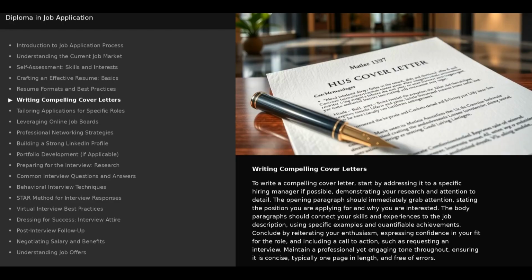To write a compelling cover letter, start by addressing it to a specific hiring manager if possible, demonstrating your research and attention to detail. The opening paragraph should immediately grab attention, stating the position you are applying for and why you are interested. The body paragraphs should connect your skills and experiences to the job description, using specific examples and